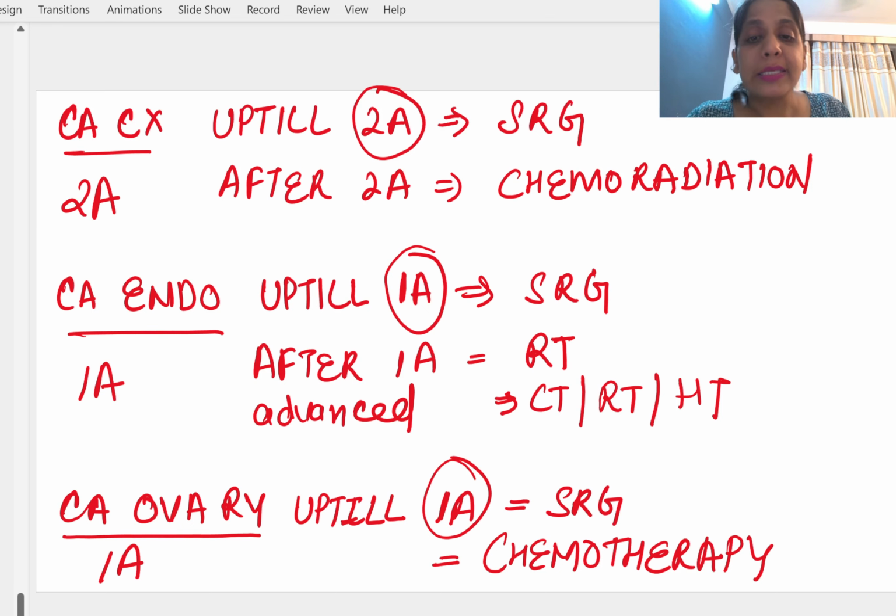CA ovary, up to 1A surgery is sufficient. Here also we have done the surgery, surgical staging. So after 1A we will give chemotherapy. In CA ovary, all cancers are radio resistant except dysgerminoma. The most sensitive organ for radiation is the ovary, but the cancers which are radiation resistant